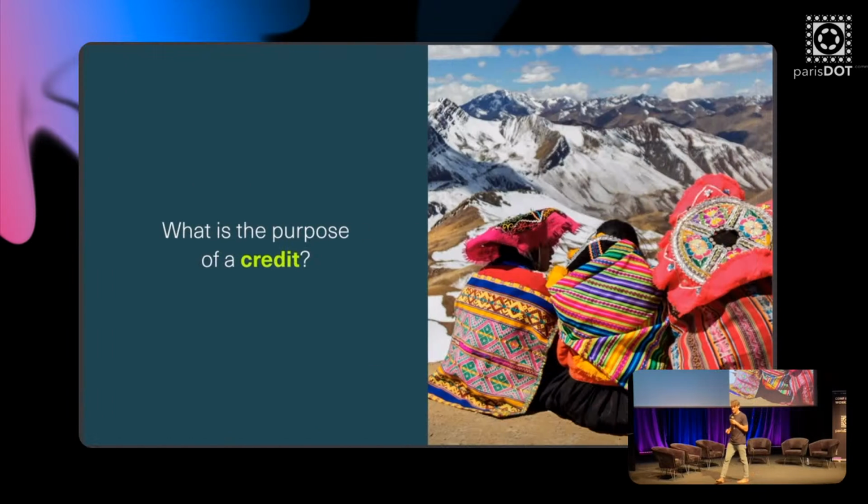But ultimately, the purpose of these credits is to do just that. The idea is it's basically to incentivize you to decarbonize, because the value of the credits will go up. You get basically another push to think about what you're doing, maybe travel less, maybe update your technology, et cetera, et cetera. So what's the problem?